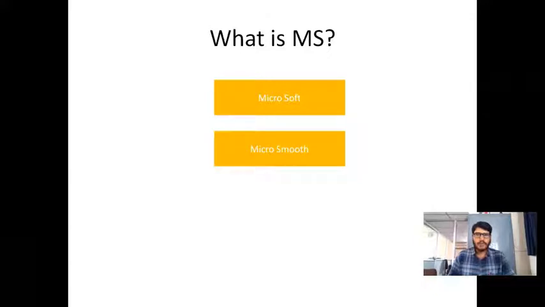Suppose I move the cursor on this particular option, you can see my shape is just blinking here. When I move the cursor on this particular shape, you can see the shape of Microsoft is just glittering. This is what happens by using an action. I have already included this action for Microsoft, and with Micro Smooth also the same thing is happening. Suppose I click on Micro Smooth, which is a wrong answer.